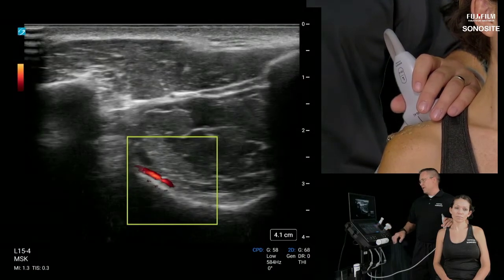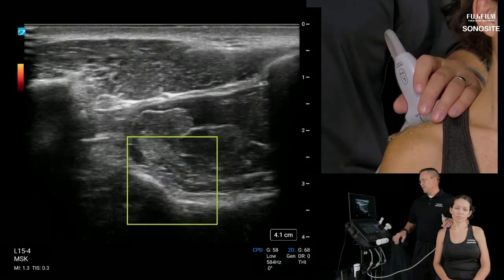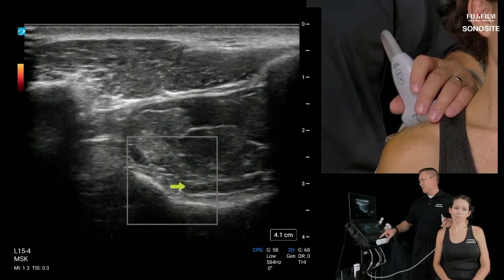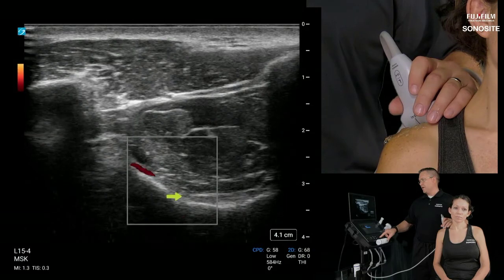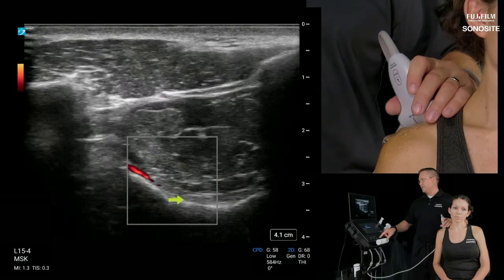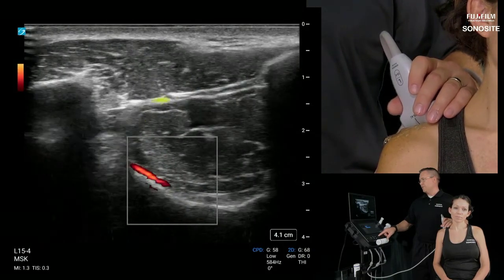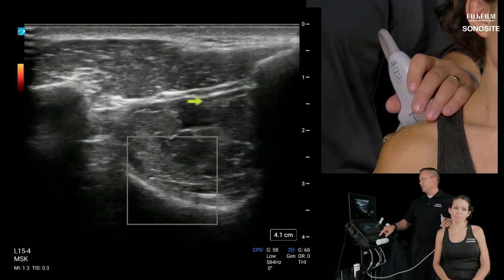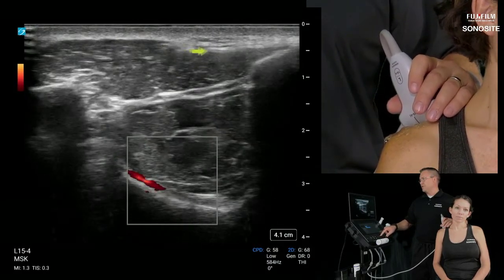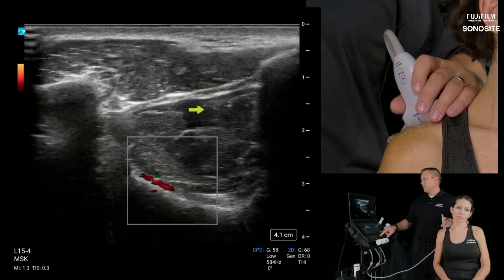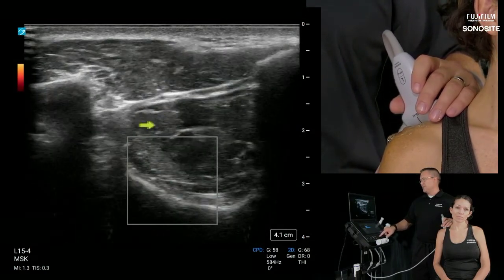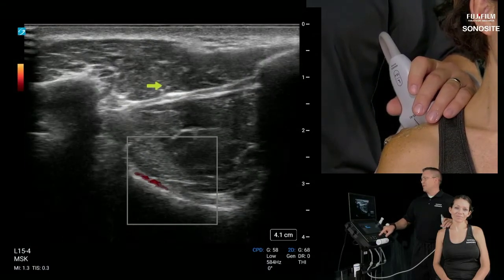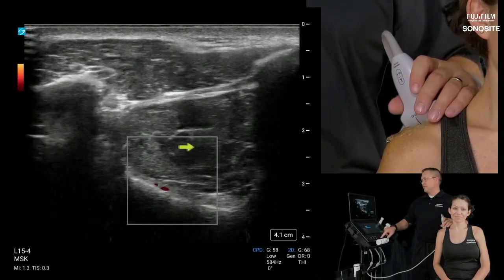There we go. And a nice look at that artery, as well as the nerve, which is just resting on the bottom of the screen here, laying underneath the muscle belly of the supraspinatus. So this whole round structure here is supraspinatus muscle belly. This is a fascial plane that goes between the trapezius, which is transverse here, so this is all trapezius muscle superficially, and then supraspinatus